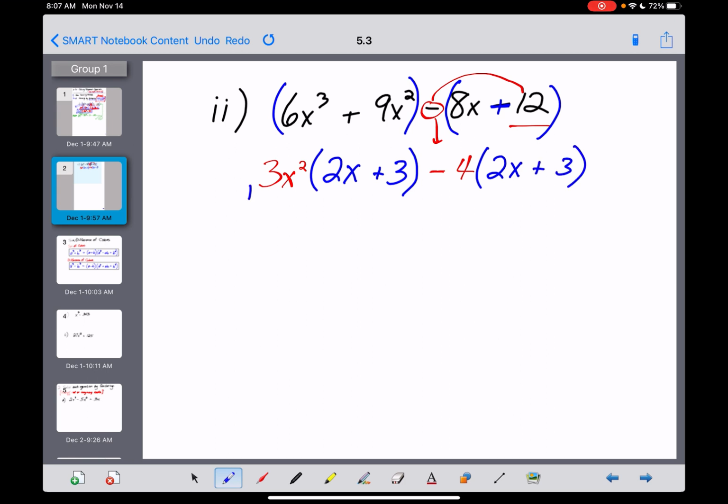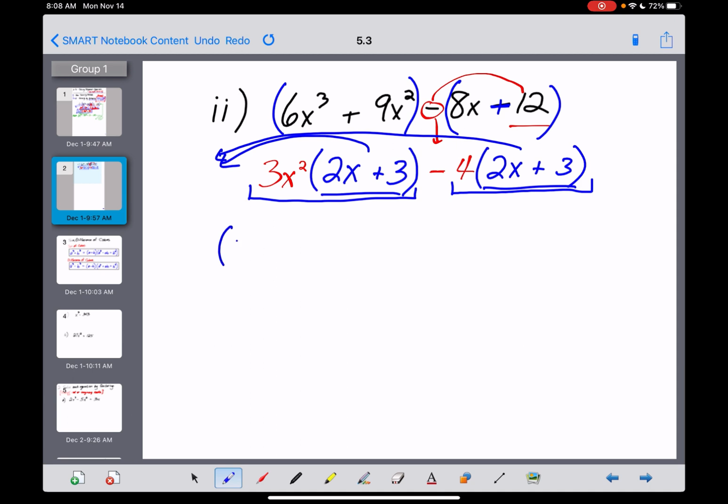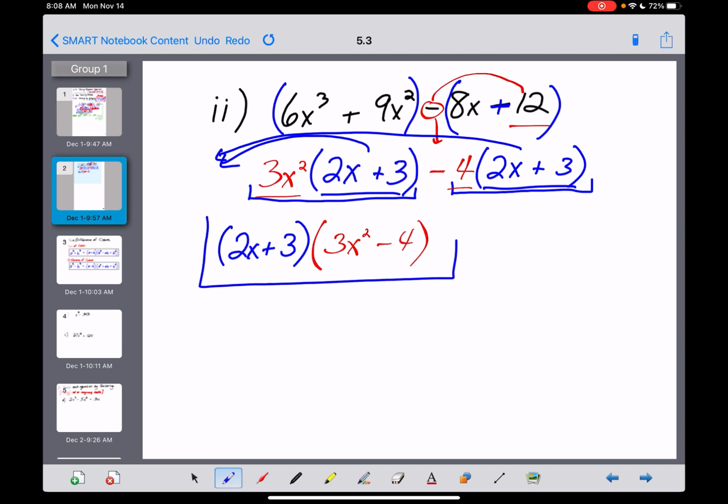So we have two large terms, one here and one here, and what do they both have in common? They both have a common factor of 2x plus 3. So we're going to pull that all the way out in front. So the 2x plus 3 now gets yanked out in front, and what's left from each term? Well, from here, we have a 3x squared that remains, and from here we have a minus 4. Okay, it doesn't look like there's anything else we can do, so that, I believe, is going to be our